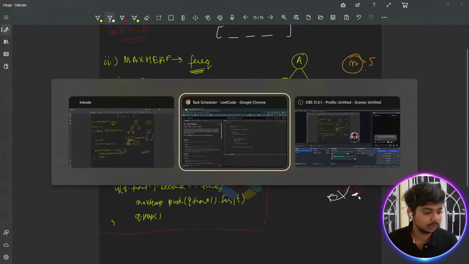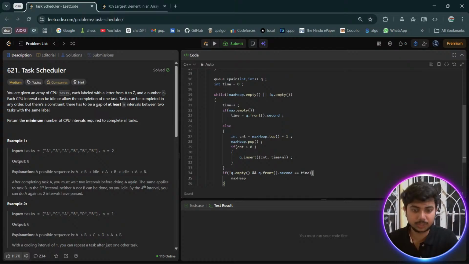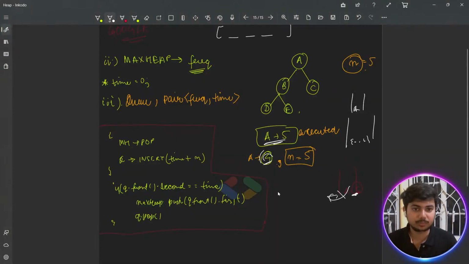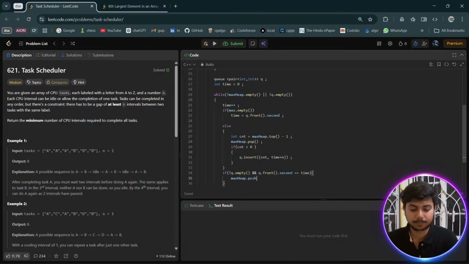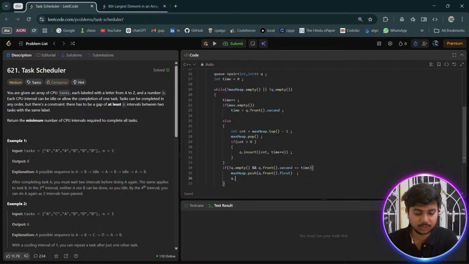जाता है लास्ट वाला। तो अभी क्या करेंगे कि मैक्स हीप में a को वापस से पुश करना होगा, क्योंकि व्हाट आई एम सेइंग इज वी स्टिल हैव 4 एज लेफ्ट। तो इसको भी वापस एग्जीक्यूट कराना है ना? तो इसको वी नीड टू पुश बैक टू दिस पर्टिकुलर हीप, राइट? एंड देन अकॉर्डिंगली जो भी मैक्सिमम होगा उसको पॉप करते रहेगा। ओके, मैक्स हीप डॉट पुश, वी नीड टू पुश क्यू डॉट फ्रंट डॉट फर्स्ट, क्योंकि वो फ्रीक्वेंसी डालना है अपने को उसमें, और क्यू से हटाओ उसको।